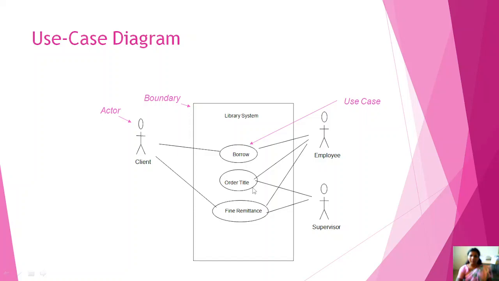and he will take the books for a particular library. And if the particular student fails to return the book within a particular time limit, then he has to pay a penalty. So fine evidence has to be given to the library, and those things will be monitored by the supervisor. So this is an example of a library management system.